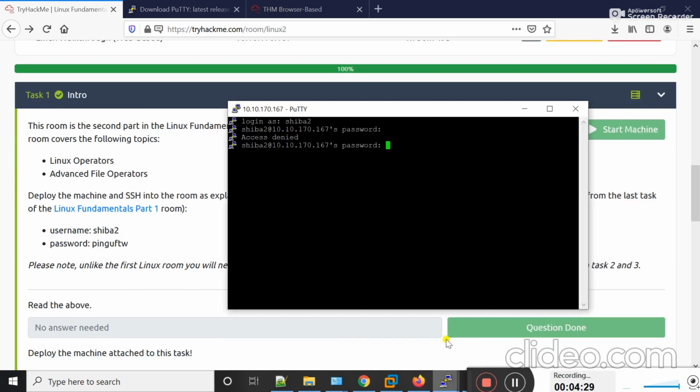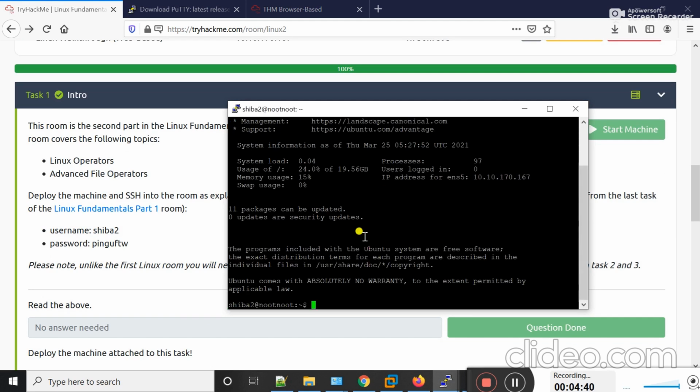I think there is a spelling mistake. And press enter. Here you can see we have successfully SSHed to the Sahiba2 machine. This is the machine on which we have to work.